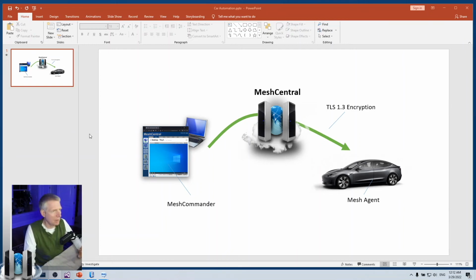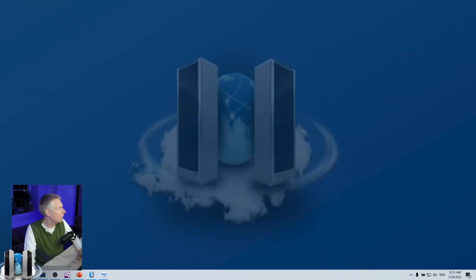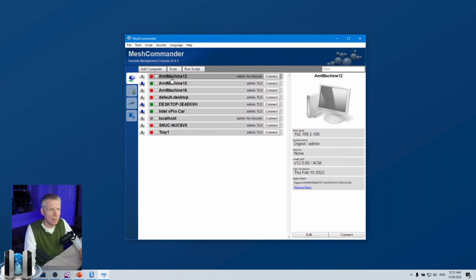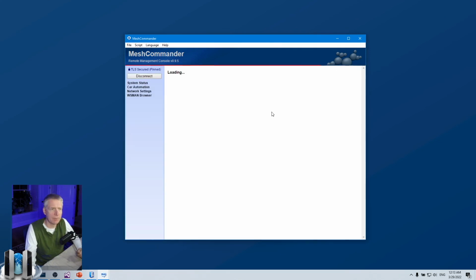So now I want to drop the slides here for a minute and go to MeshCommander. This is a version of MeshCommander that has been enhanced with the MeshCentral car remote automation system. So you'll see that you have other Active Management Technology devices, and you can click on those, but there's one I added here for car. You can connect on it, and